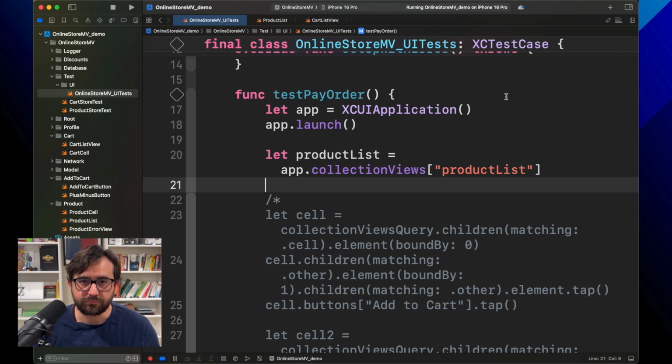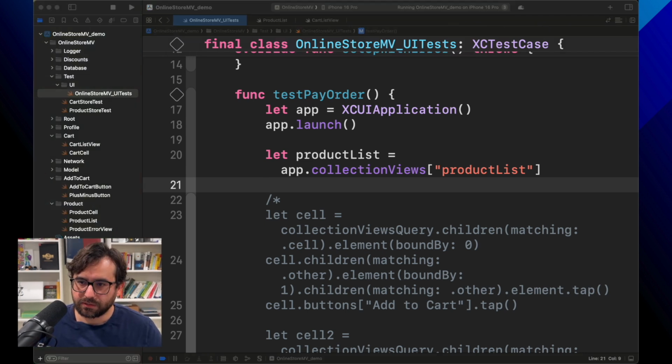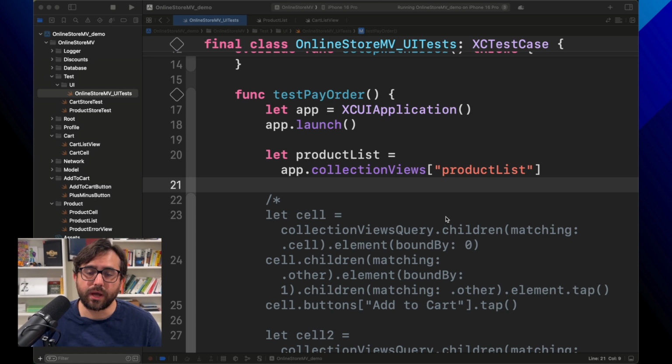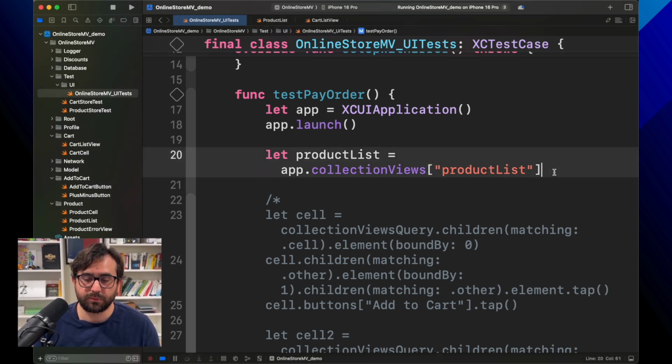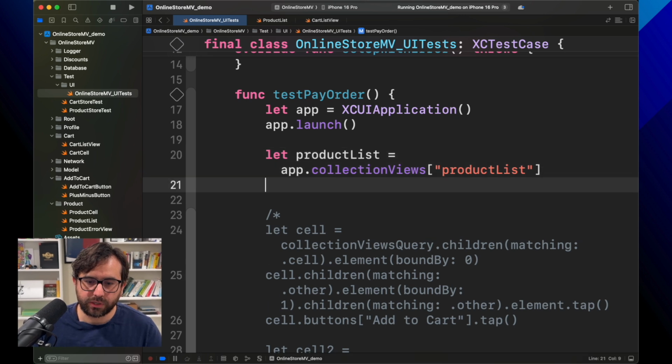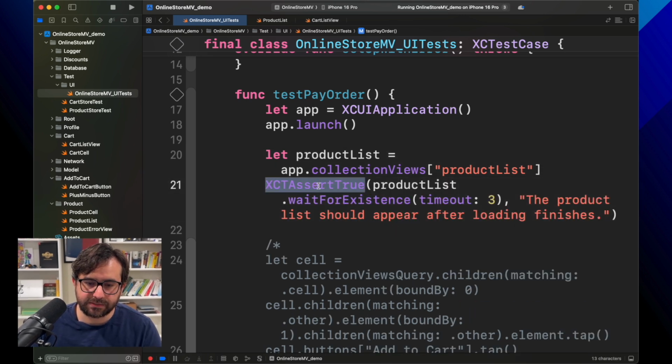For example, if we start the application, by default, the list is not shown. We need to first show the activity indicator, right? This is the loading state. And then once the loading state detects that everything is done, now we get rid of the activity indicator, and we show the list. We will need a way to make sure that we are waiting for the product list to be visible on the screen. For that, we can add an XCTAssert like we use for unit tests,